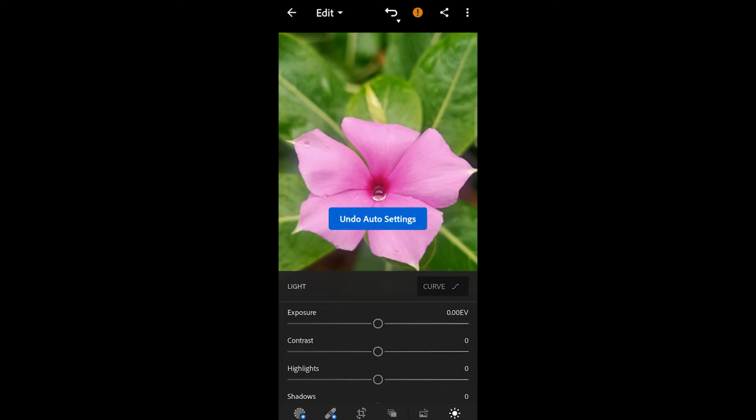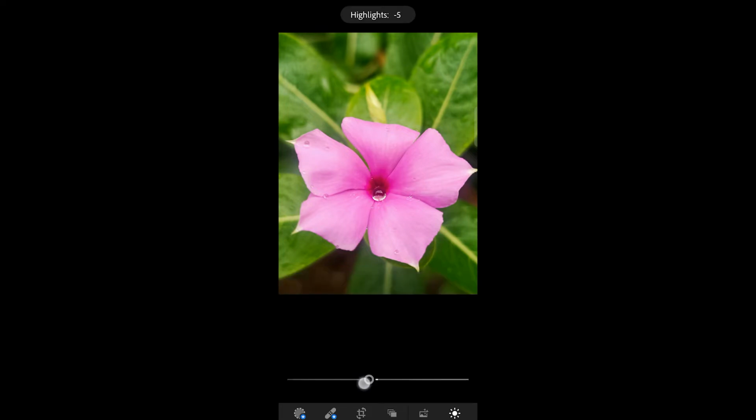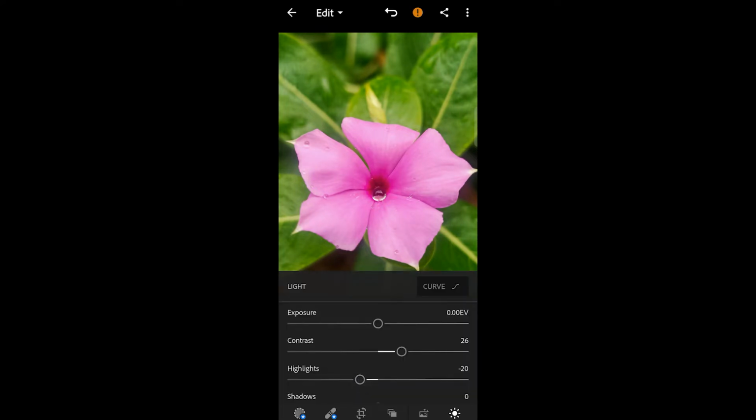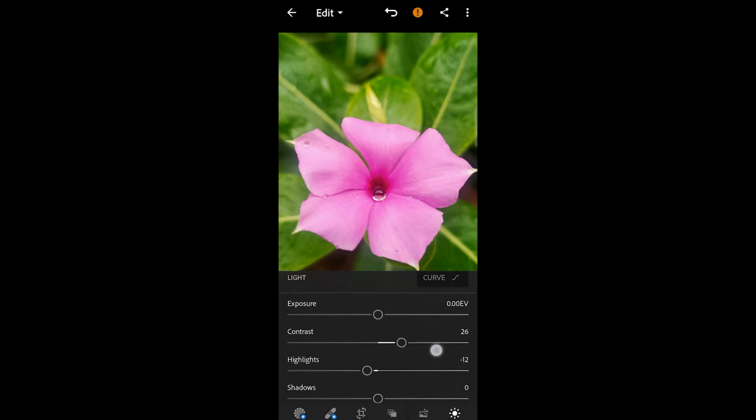Let's start with light. I think the exposure is perfect, so I'm not changing the exposure. And I'm changing the contrast. I'll go plus maybe 27. Okay, 26. With the highlights, I'll go less, maybe minus 11. Yeah, minus 12.